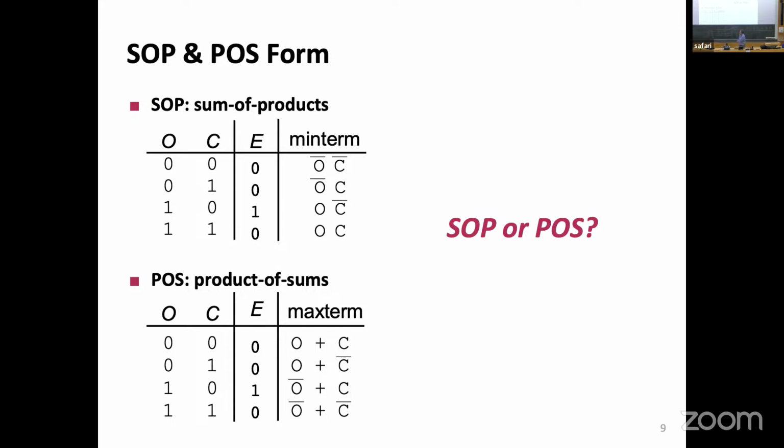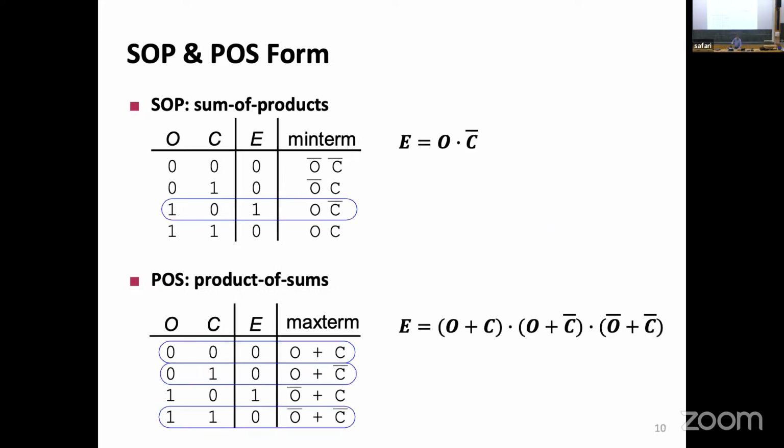And it has actually a very simple solution. You have to take a look at the number of min terms and max terms that are 0 or 1. In this case, I have only 1 out of 4 outputs that is 1. And since for sum of products, I'm going to add everything that is 1, there's only 1 of them, which means that my job is easier. Whereas here,